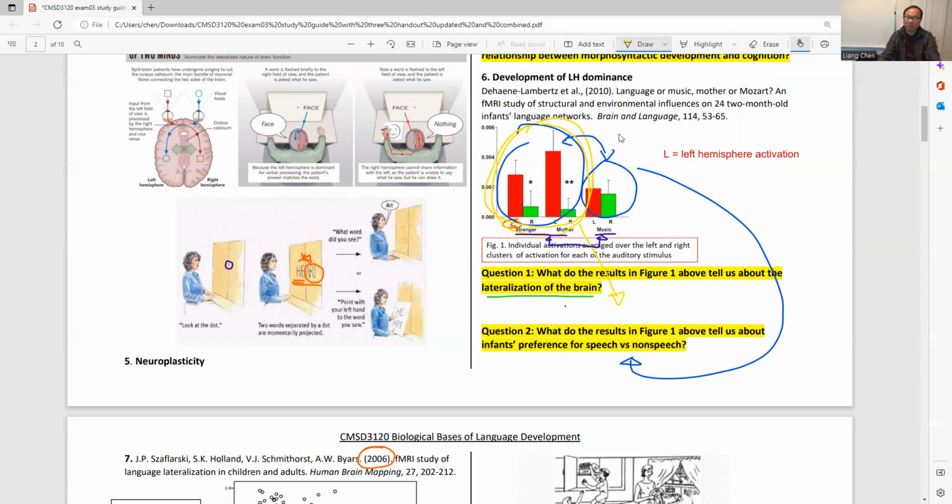What we see here is that the left hemisphere is more activated than the right hemisphere when these children are responding to speech,